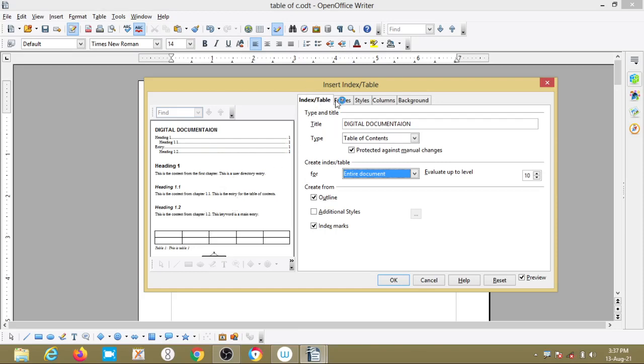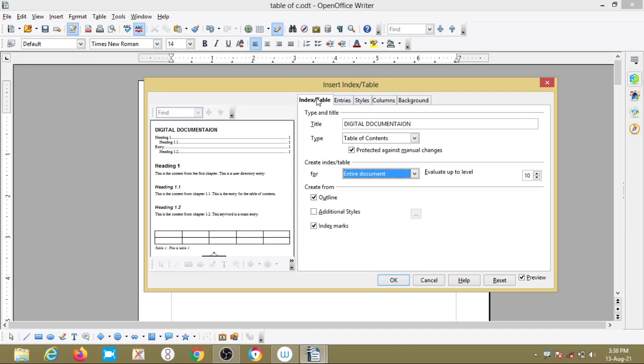This Insert Index Table dialog box gives attributes. It shows 5 tabs: index and table, entries, styles, columns and background.